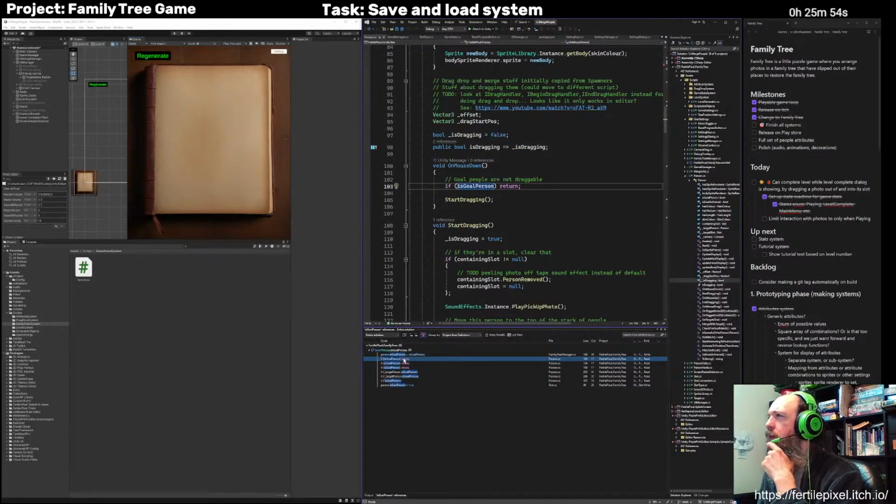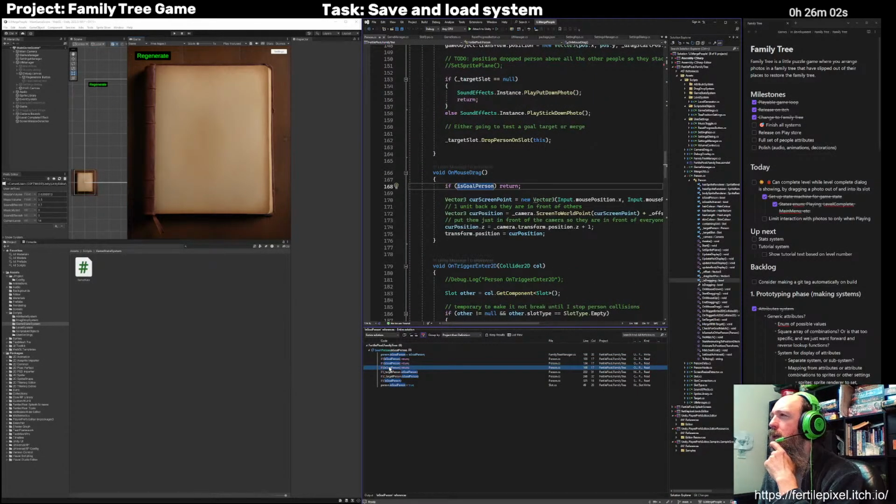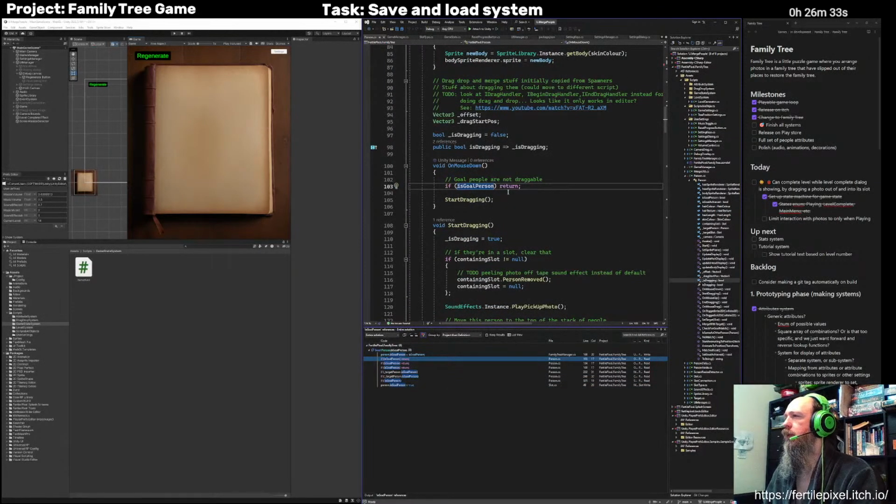And we've got a few things that will make them. So on mouse down, it checks. On mouse up, also checks. On mouse drag. So yeah, they just won't be involved in any of those things. And then there's the person you're targeting. And here, that should not even be called on there. All right, so basically in all these places,